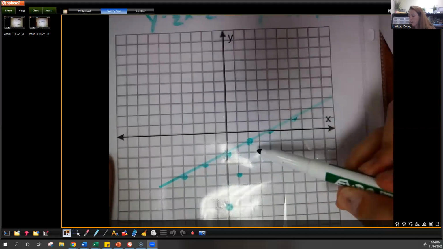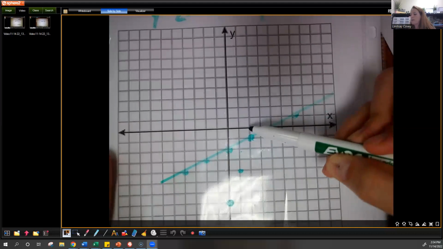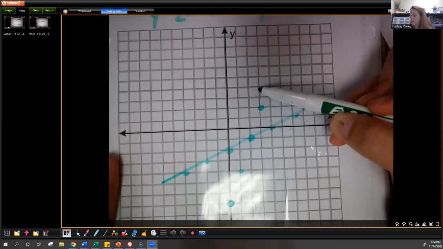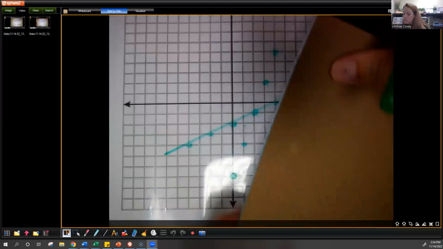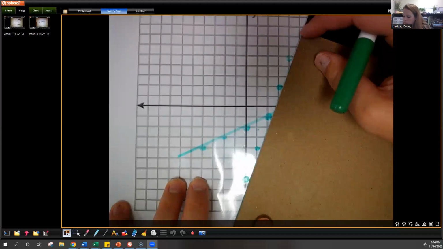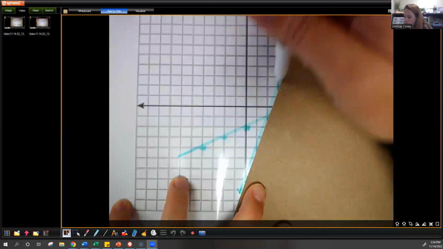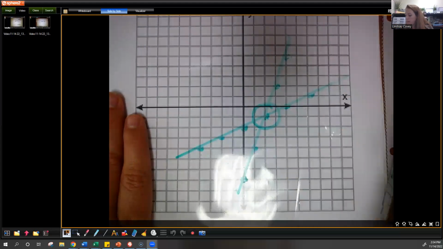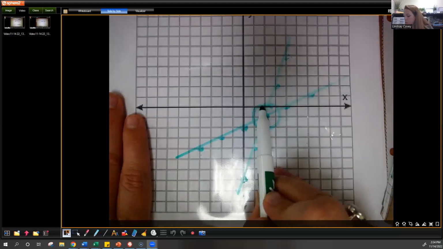You should already say, there's our answer. Up 3, over 1. But we're going to keep going. Up 3, over 1. And then when I play connect the dots, I see that there is one solution, and that is 2,